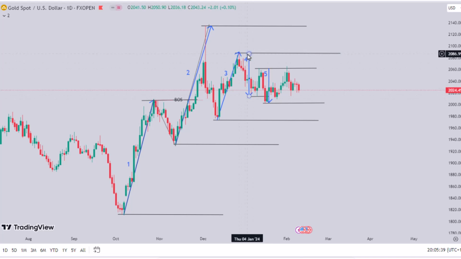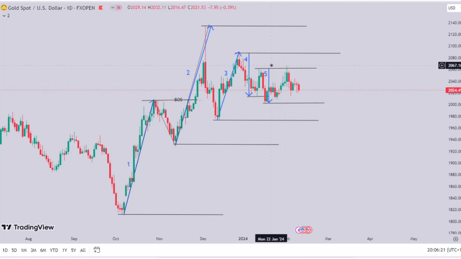After this structural range 4 has been created, price then retraces all the way to this highest point and what? Drops back, thereby breaking the low of structural range 4. You see this bearish candle, you see how it closes below the tail of structural range 4. You see, it then breaks the range of structure number 4. And what happened? It created a new low. After it created this new low, it then bounces back.